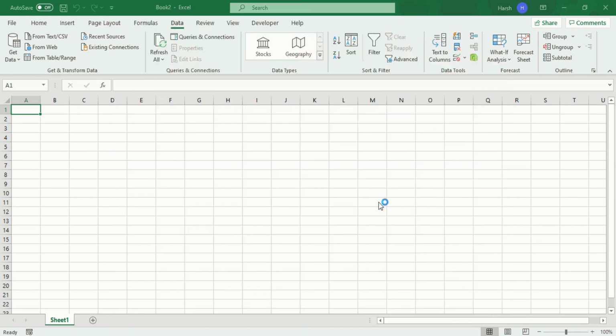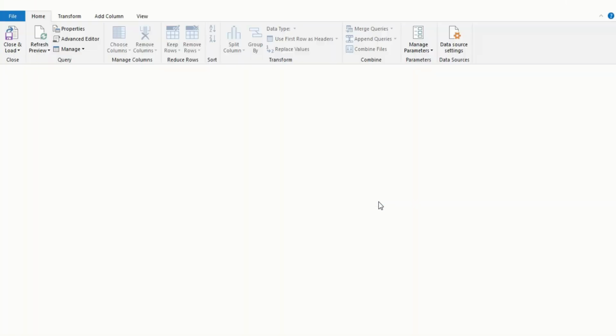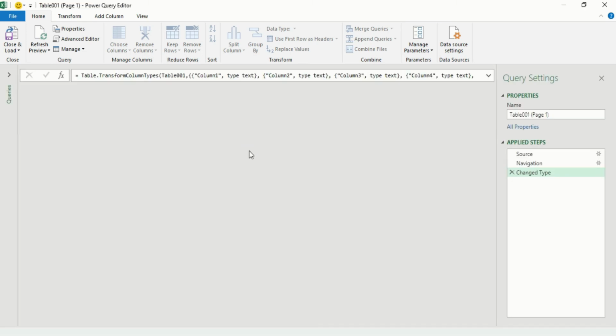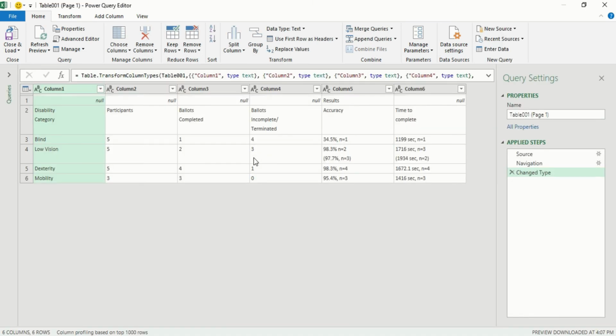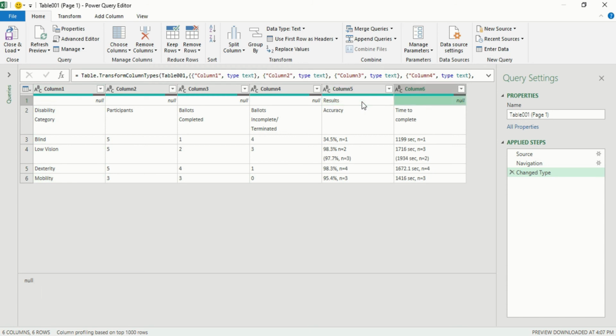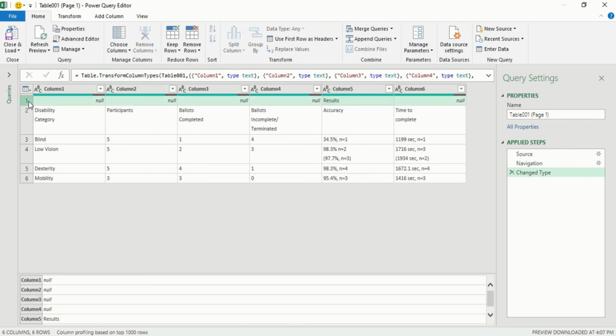When I click on transform data, you will be transferred to Power Query Editor. So you can see the Power Query Editor opens up, and this is what our data now looks like. So now you have to change your data because of these two things. I want this combined with this, or you can easily remove the row. The first row I have to completely remove. So you can go to remove rows, remove top rows. You can click on that.